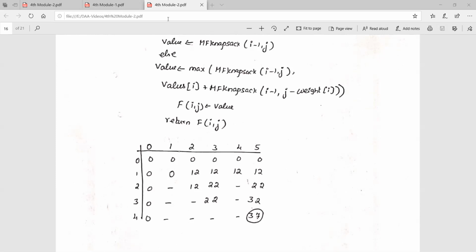Okay. So in the bottom up approach, we are solving all the sub problems, whether it is necessary for the solution or not. But in the memory function, whichever sub problems are necessary to get the solution for the given problem, we are considering only those particular sub problems. So using this memory function, we are still reducing the time. Okay. So this is the concept of the knapsack problem.